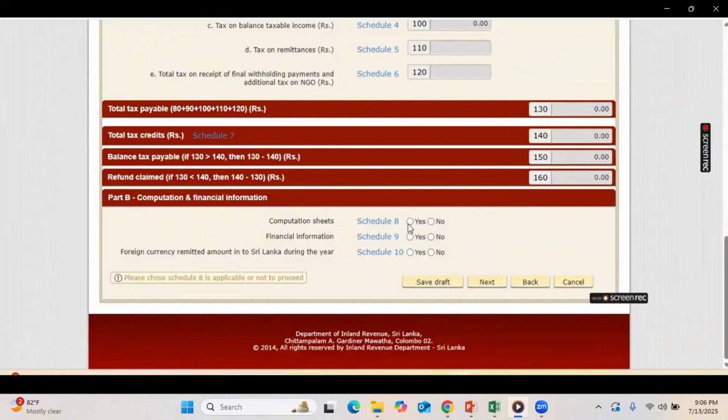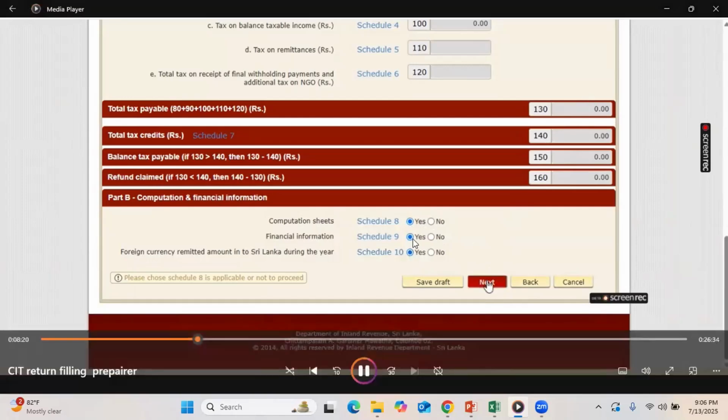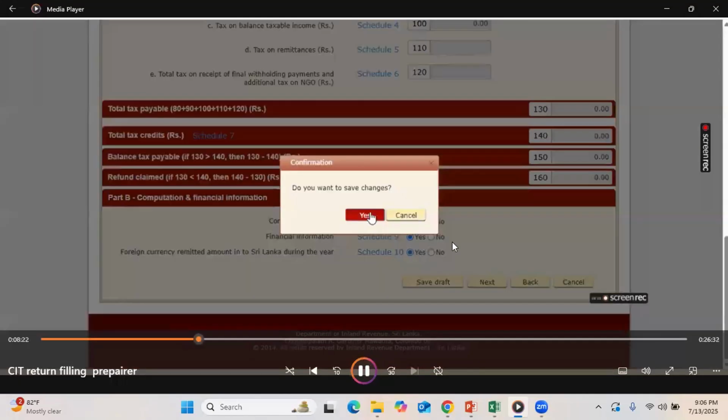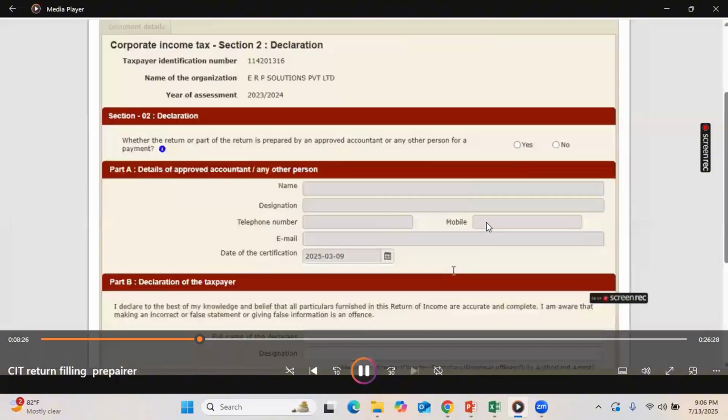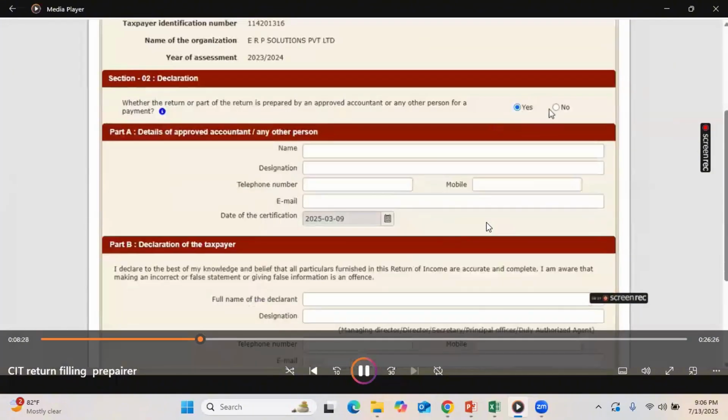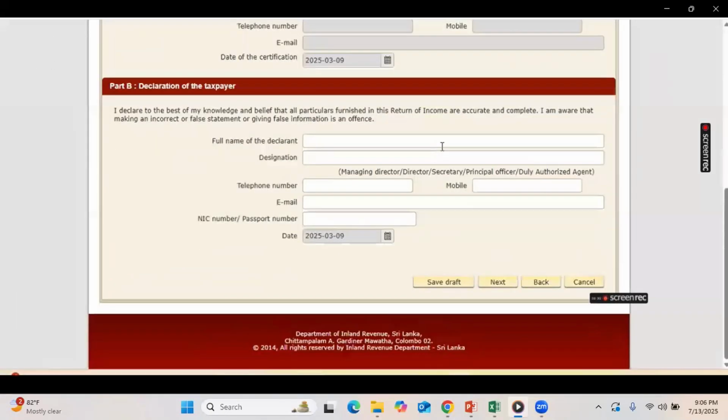So here also you can move among the schedules using the hyperlinks or using the next button, right? But if you wish to use the next button, you have to say yes or no for schedules 8, 9, and 10, right? So here I just say yes, right? So then once I click the next button from the main return, you will be directly moved to the declaration,